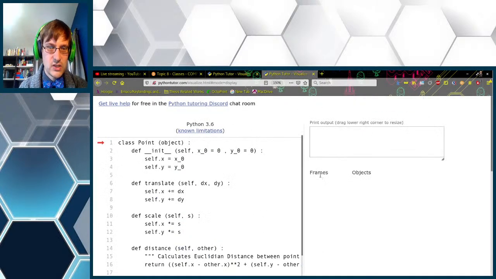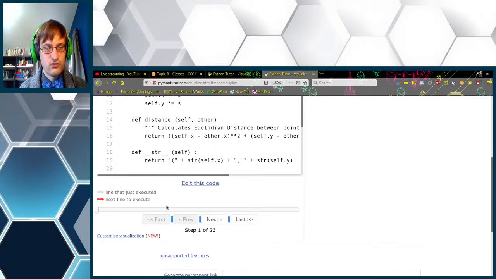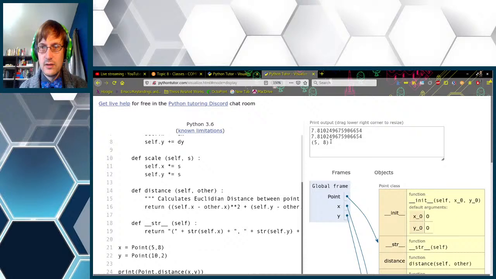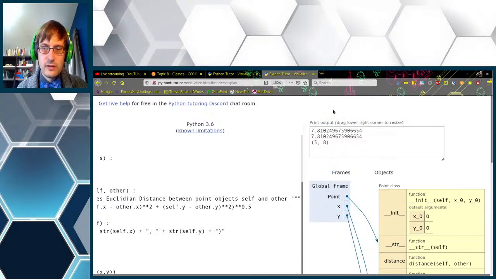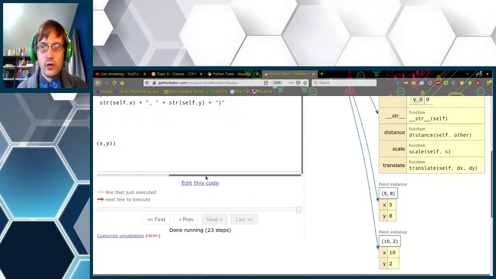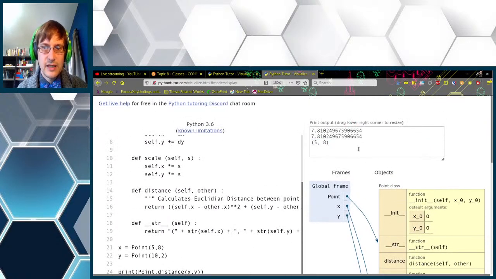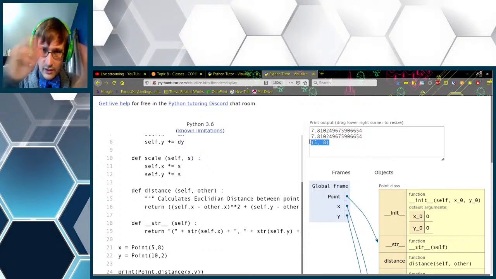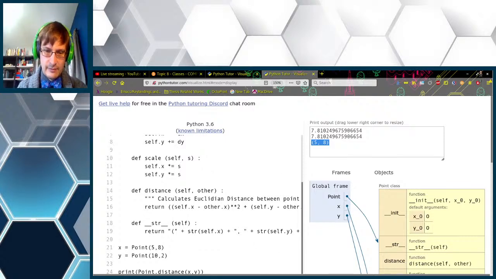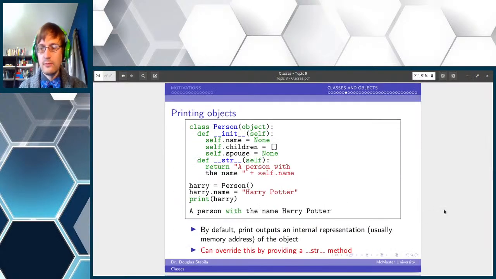If we visualize this execution, there we go, you can see that rather than printing off all of that business that looked like what you get when you invoke type, you're now actually getting the printing format that was specified in this line here, which is good. That's much more informative to someone who understands the point object as being a point in Euclidean space. This is roughly analogous to how you would write it by hand in mathematics. So there you go.